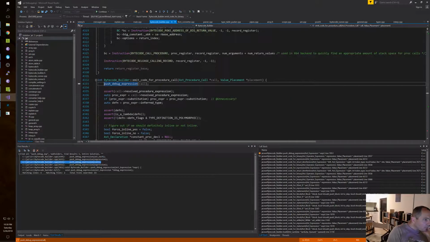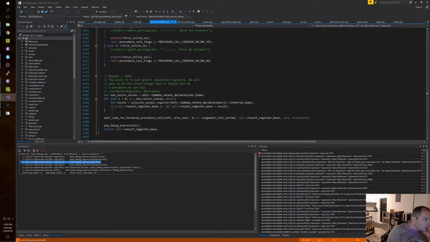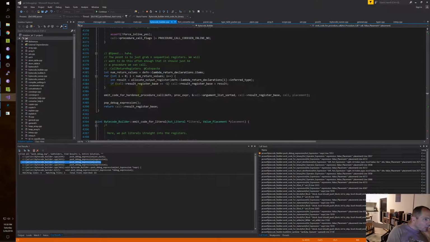We just did that one. This one, okay, calls pop debug expression.